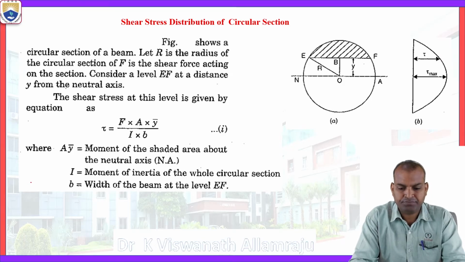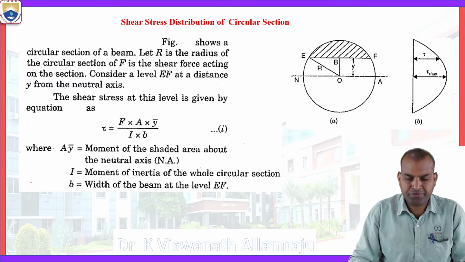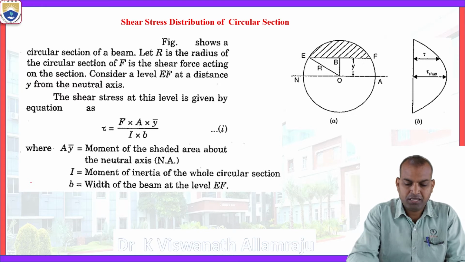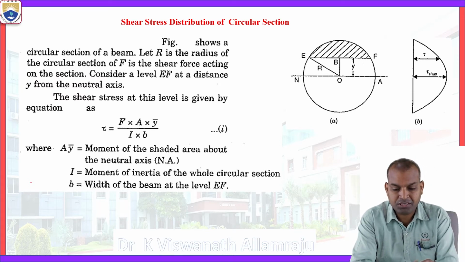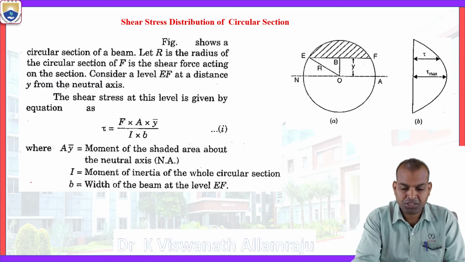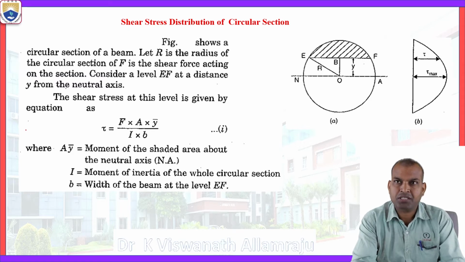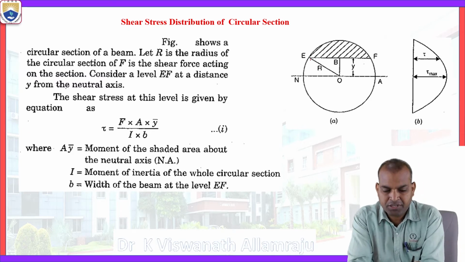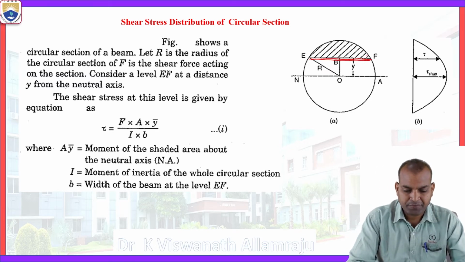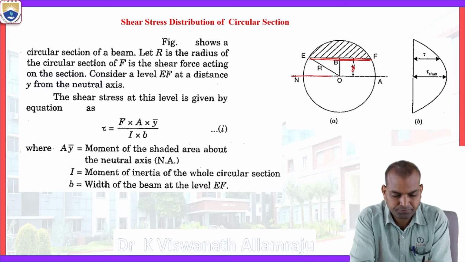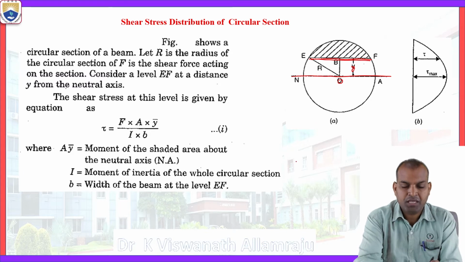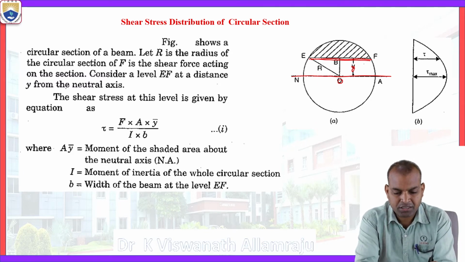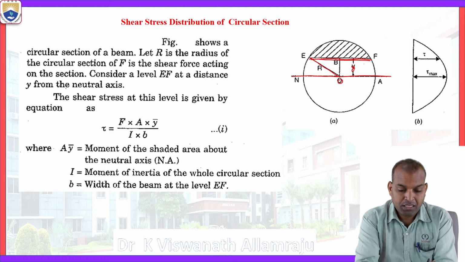For the circular section, there are two figures, figure A and figure B. Figure A represents the diameter of the circular section. The circular section has diameter d, and the area of the section is pi d square by 4. The radius of the circular section is r, and there is a strip EF at a distance of y from the neutral axis, where O is the center and R is the radius, that is radius OE, and EF equals 2 times